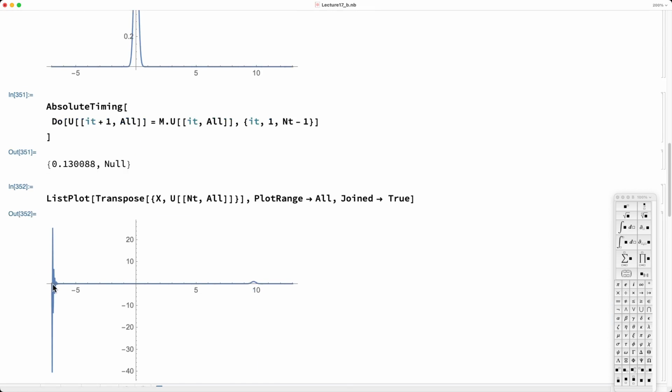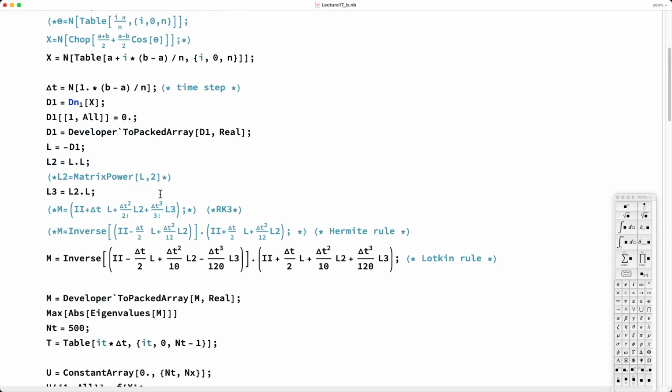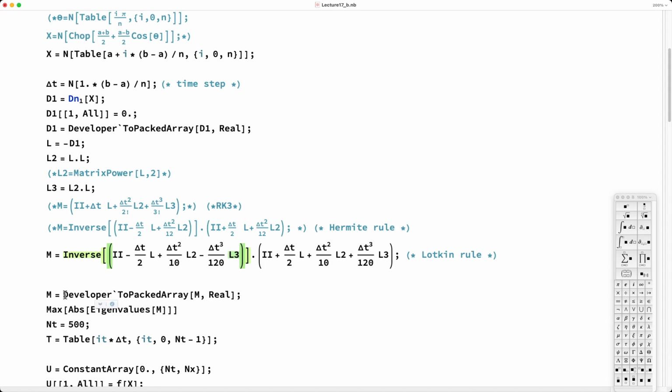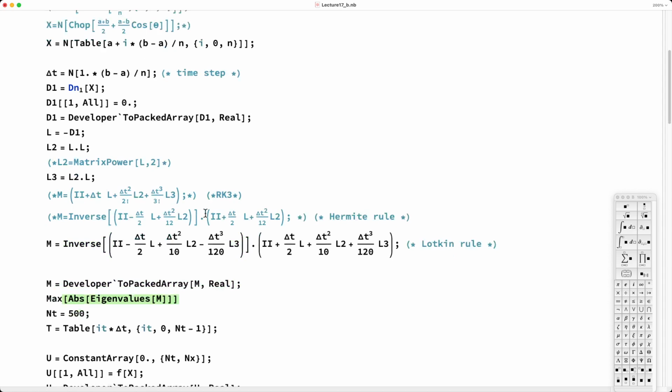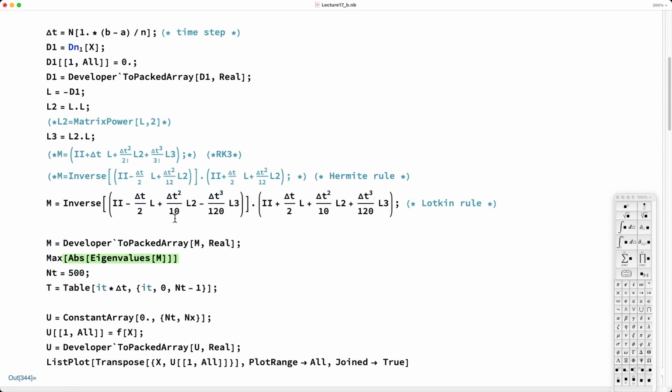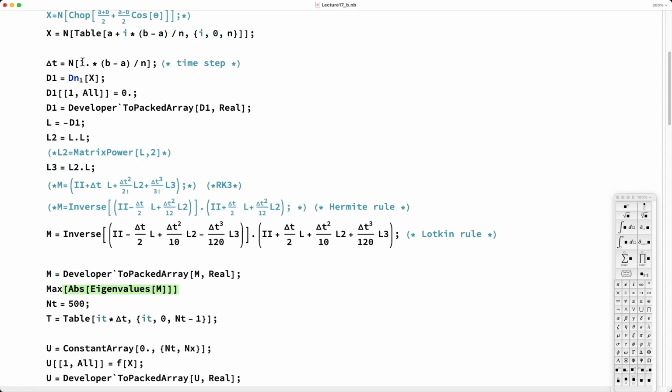This indeed causes instability here. One issue here is that these derivatives may not be computed very accurately if you're using finite differences. So I recommend that you always check the eigenvalue of your matrices and see if they are greater than 1 or not,